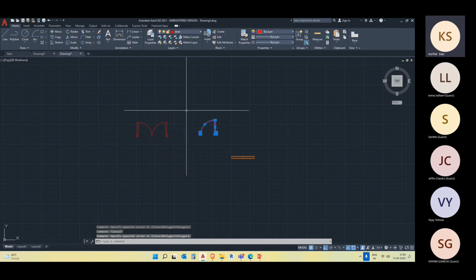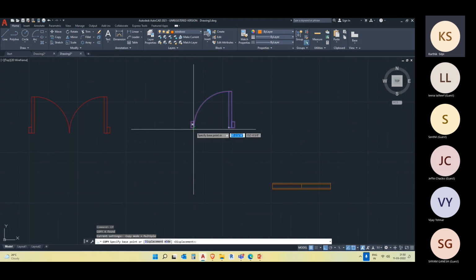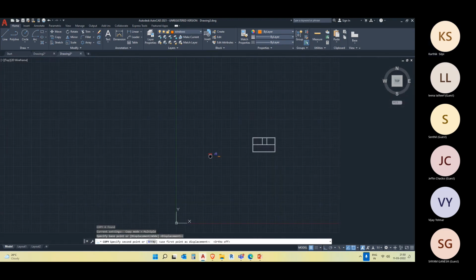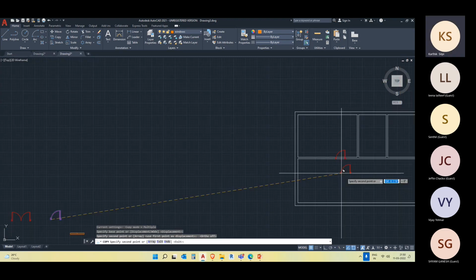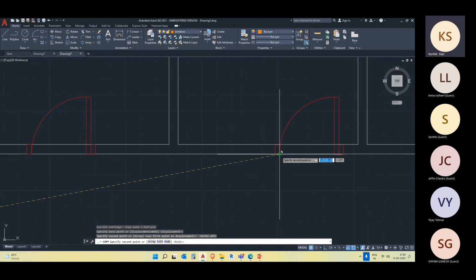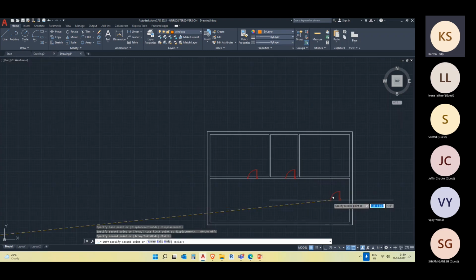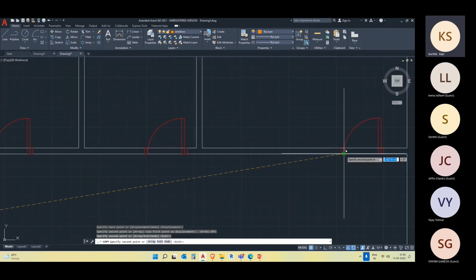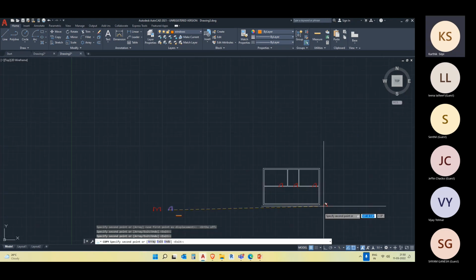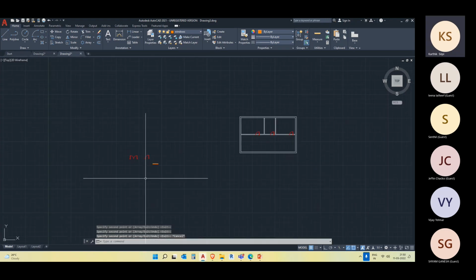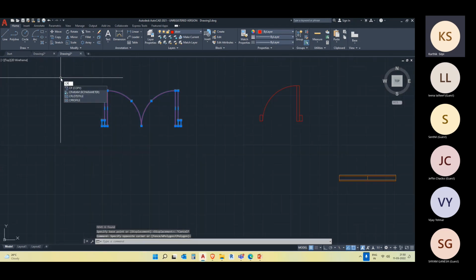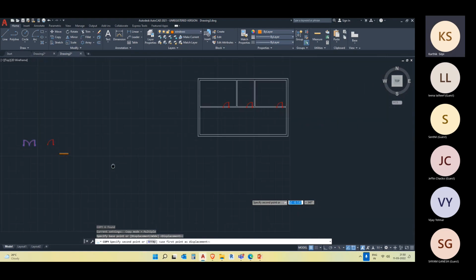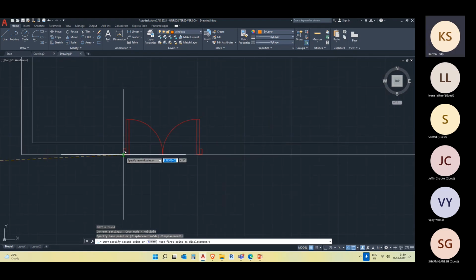I'll copy these things. CP, enter. I'll pick my base point wherever the base point is. I'll try to place it. So, okay, this is where I want a door. I can place it wherever the door is required. If your door is opening inside, you can place it inside. If your door is opening outside, you place it outside. This is what a door opening inside looks like. And I'll copy this thing. I'll give my door over here, this door over here,